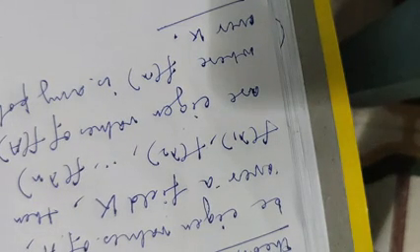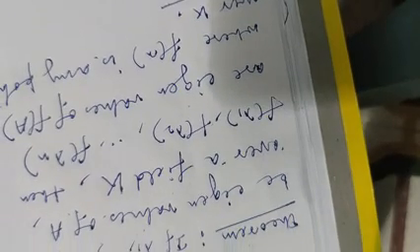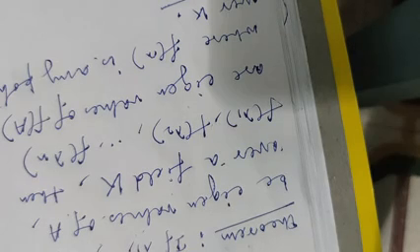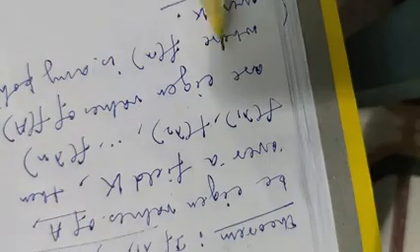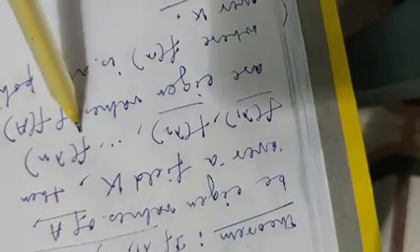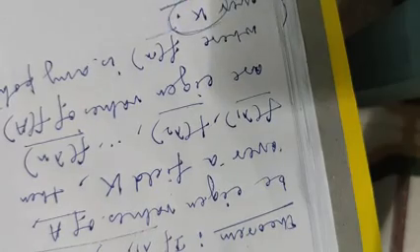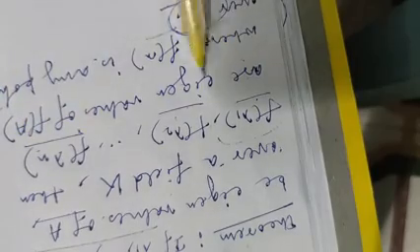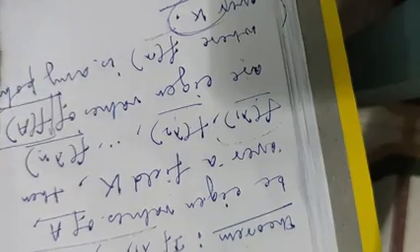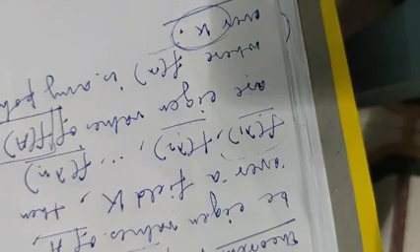if lambda 1, lambda 2, up to lambda n are the n eigenvalues of a matrix A, they may be distinct or may not be distinct. Maybe some lambda i and lambda j are equal. It can also happen. So these are a total of n eigenvalues of a matrix A. Then their functional values, that is f of lambda 1, f of lambda 2, up to f of lambda n for any polynomial f of x over the same field K, will be the eigenvalues of the matrix f of A. Where A is a matrix, if we apply f to A, this will also form another matrix.